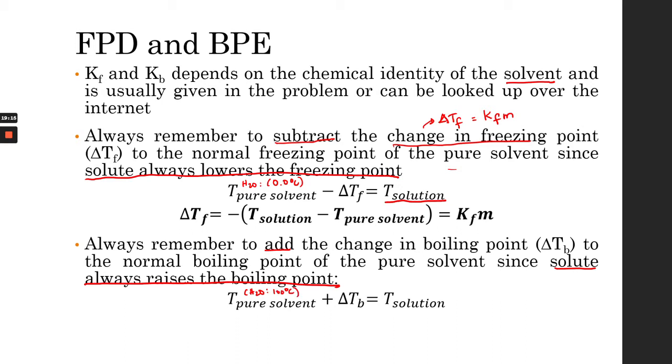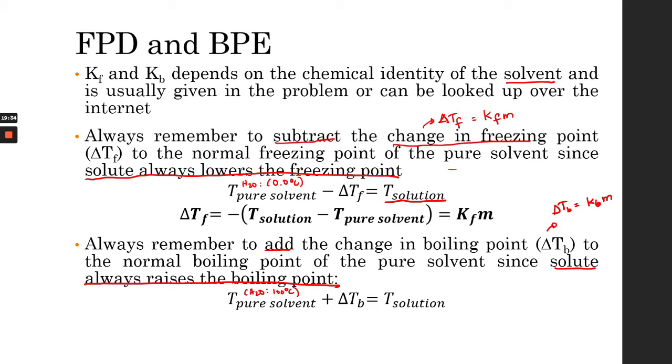After looking for the change in temperature of boiling point, which, if you guys remember, we just discussed, is equal to Kb multiplied by the molar concentration of the solution,